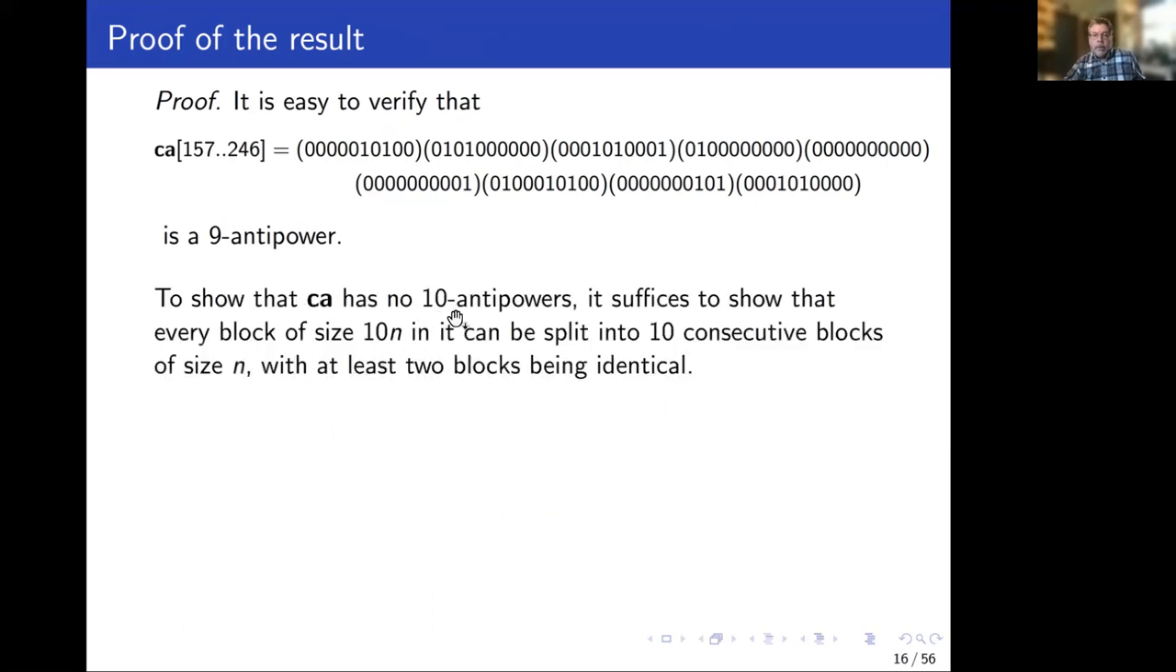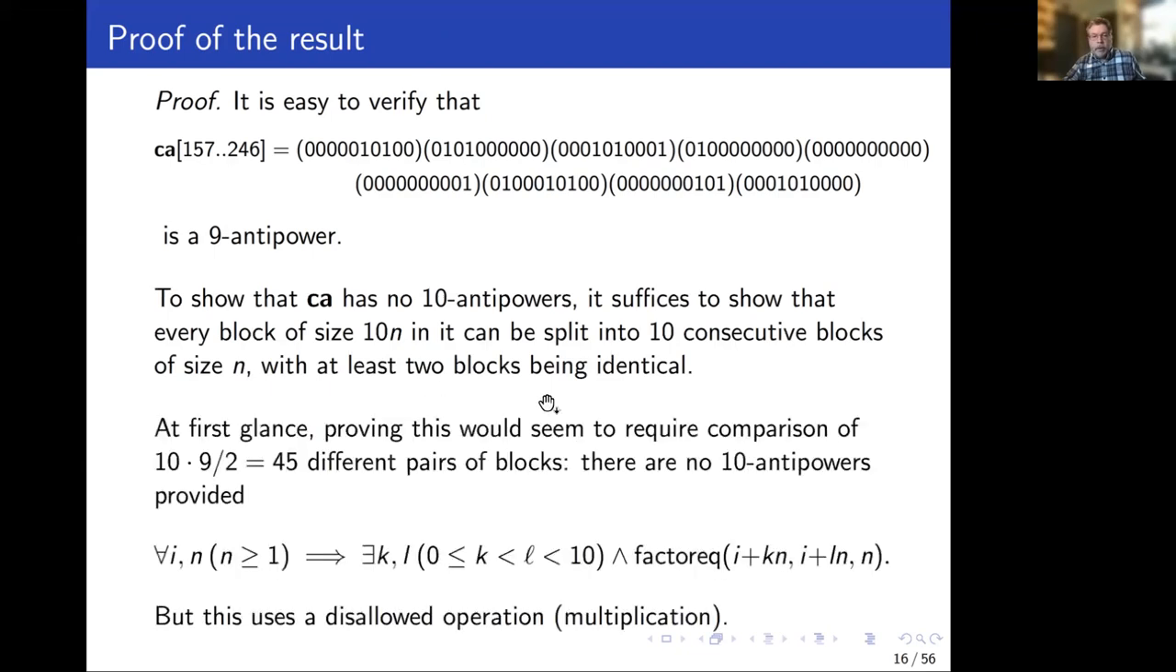To show that it has no 10 antipowers, you need to show that every block of size 10n inside of it can be split into 10 consecutive blocks of size n, with at least 2 of these being identical. At first glance, it would look like you need to compare 45 different pairs of blocks. There are no 10 antipowers provided for all i and n, where i is the starting position and n is the block size,